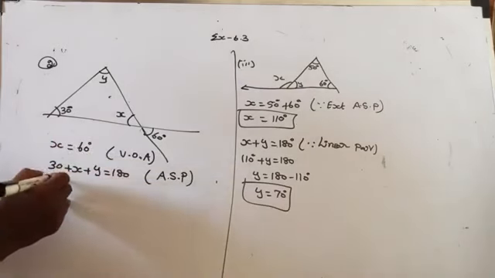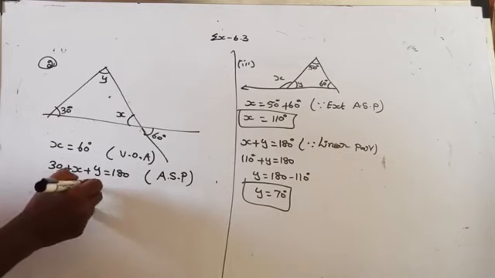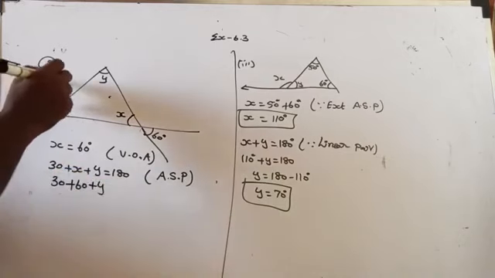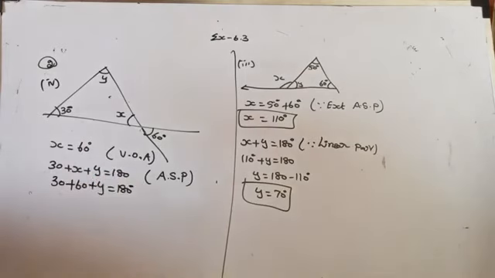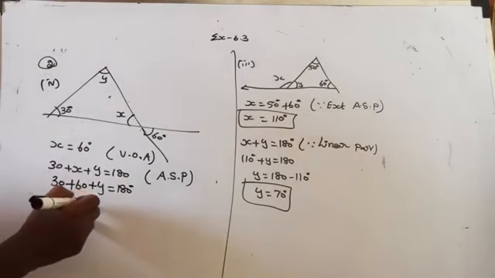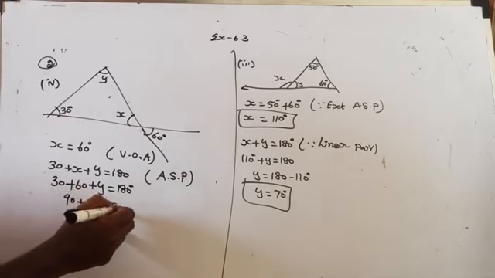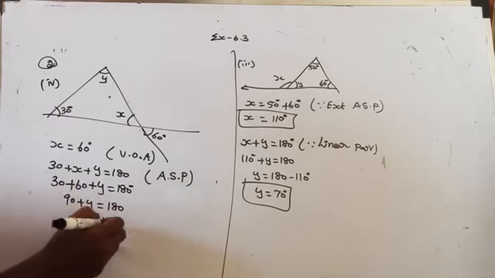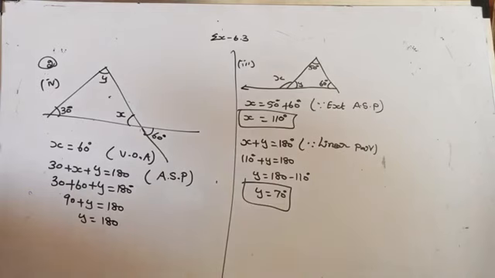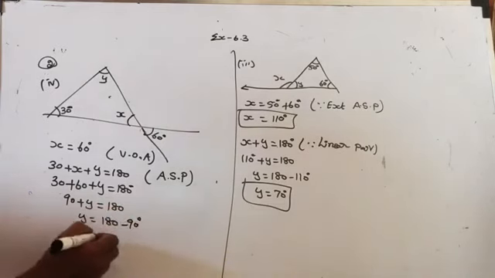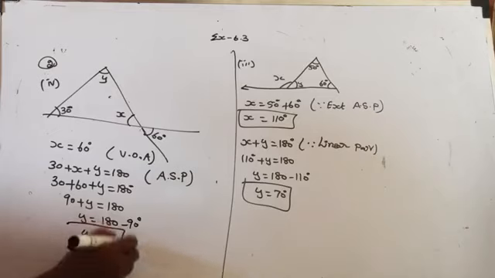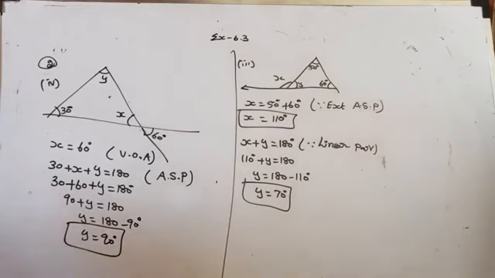Now we found the value of x. Substitute in that. So 30 plus 60 plus y equal to 180 degree. Then 30 plus 60 is how much? 90 degree, plus y equal to 180 degree. Then y equals, transpose this 90 from the left hand side to the right hand side, so plus 90 becomes minus 90. So 180 minus 90 is how much, dear? 90 degree. Are you getting here? Yes. So we move to the next part now.